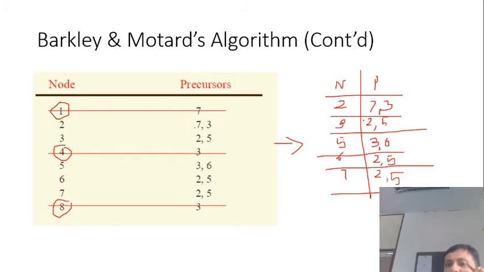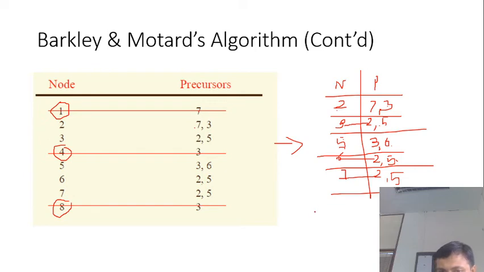See, the node which appears more as a precursor: 2 has an output to 3, 2 has an output to 6, 2 has an output to 7. Same way 5 also has 3 outputs. 7 has only 1 output, 6 has only 1 output, 3 has only 1 output. So that's how you see how the maximum number of outputs are there. However, before jumping to the conclusion that I cannot do anything, now I have to draw the diagram from this.